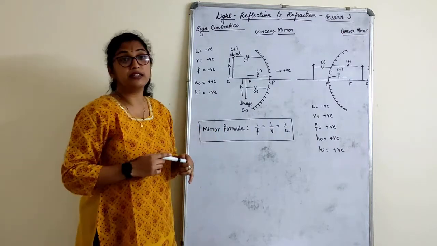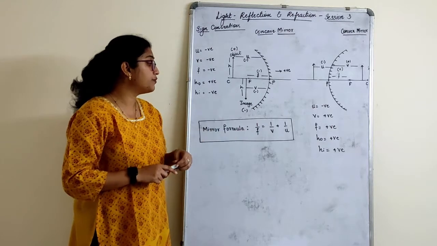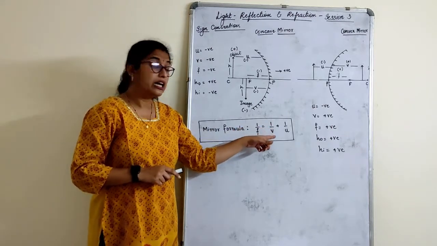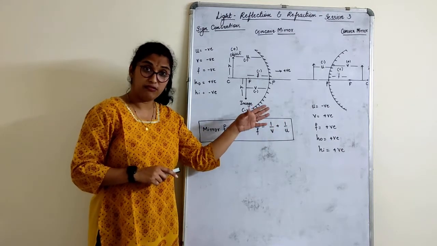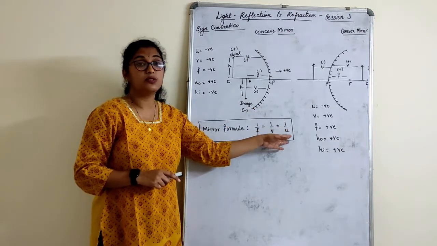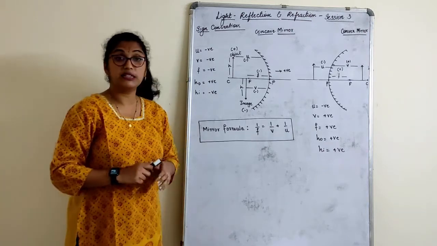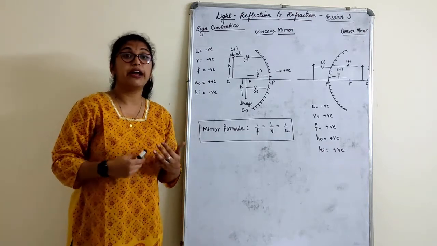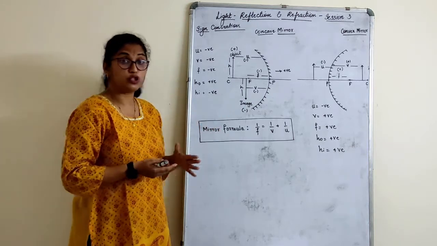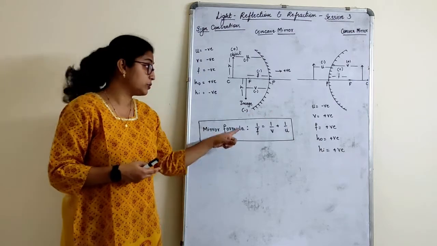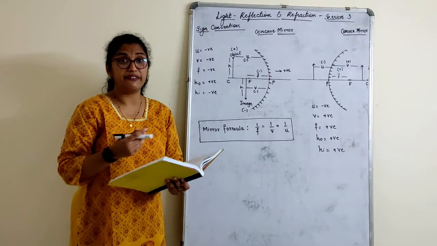And the very important thing is the mirror formula. We don't derive it. Mirror formula is 1 over focal length is equal to 1 by image distance plus 1 upon distance of the object where it is kept. That gives us the mirror formula. We also have magnification. There are also sign conventions for magnification based on this. I will again give a chart there also. Let me just read these points that I have given in the book. That's what I have explained.